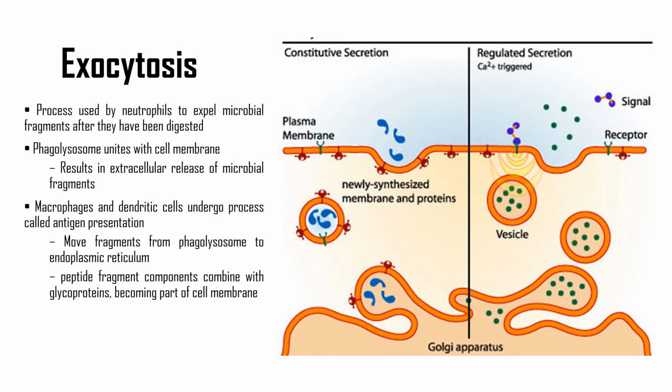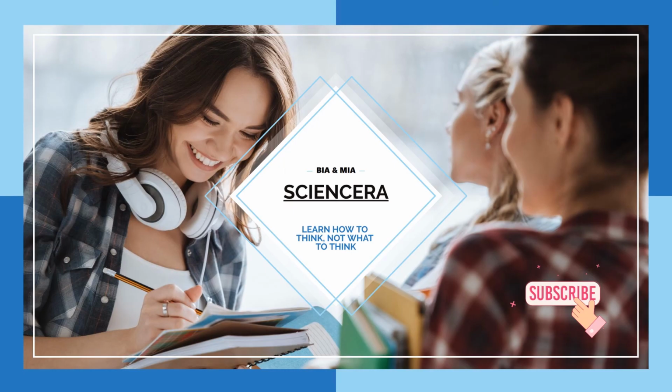Macrophages and dendritic cells undergo the process of antigen presentation, which moves fragments from the phagolysosome to the endoplasmic reticulum. Peptide fragment components combine with glycoprotein and become parts of the cell membrane. Peptide bound, they are ultimately presented outward from the cell. This brings us to the end of